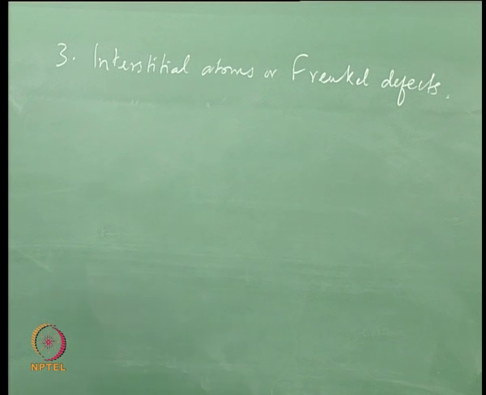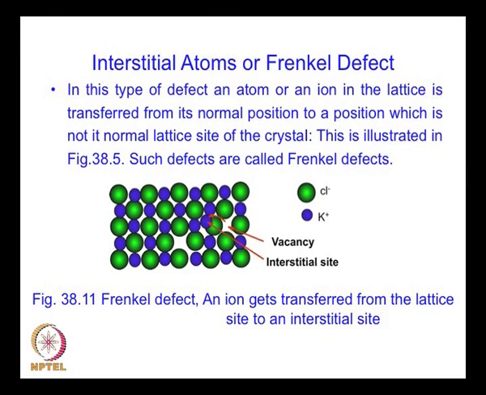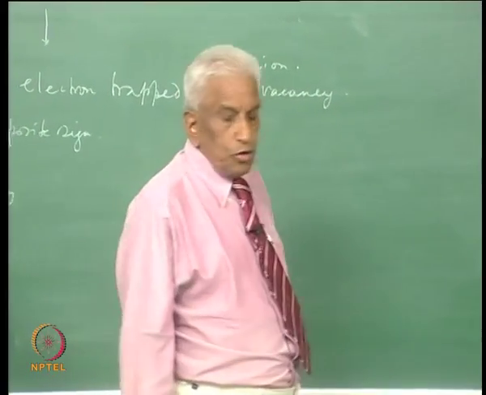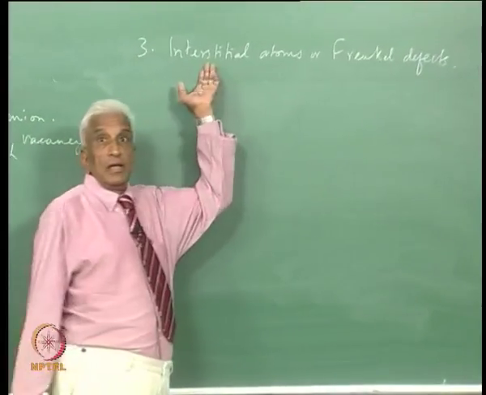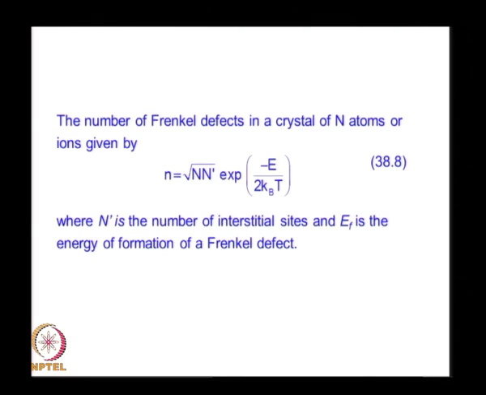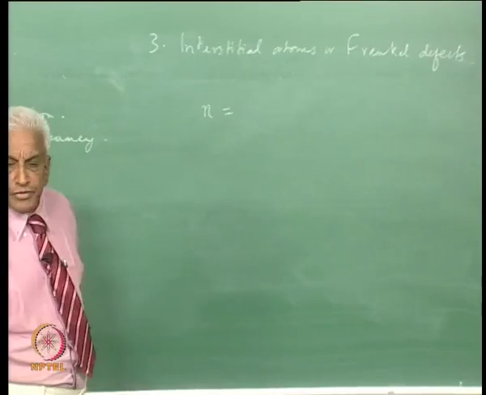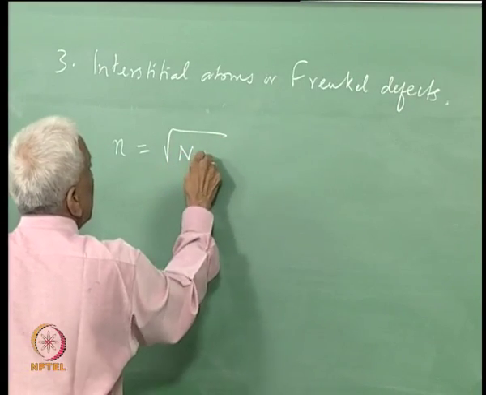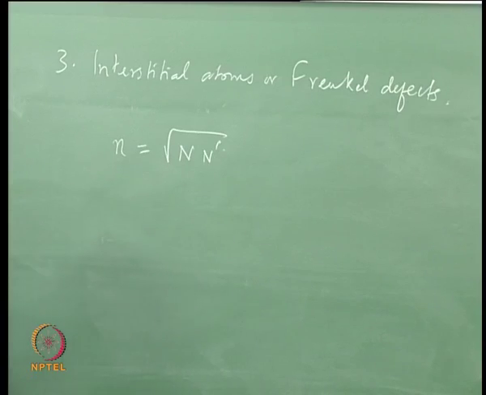This is shown in the next figure 38(5), and here an atom or an ion in the lattice is displaced from the normal position to a position which is inside the interstices. So, these are known as Frenkel defects. Again we can find by similar argument that the equilibrium concentration of Frenkel defects is given by